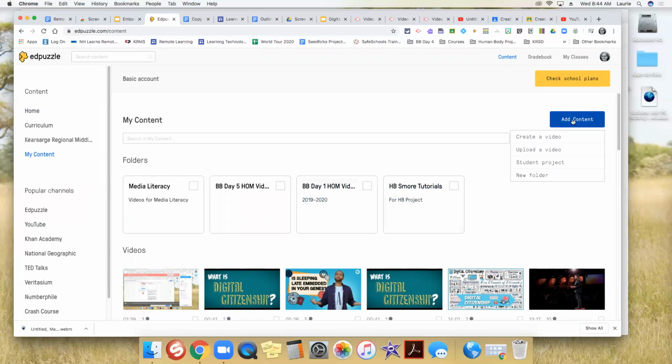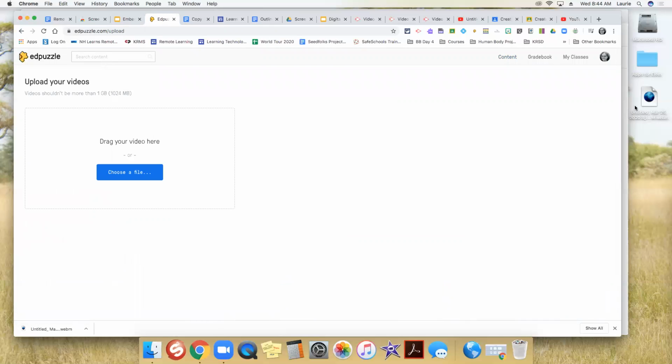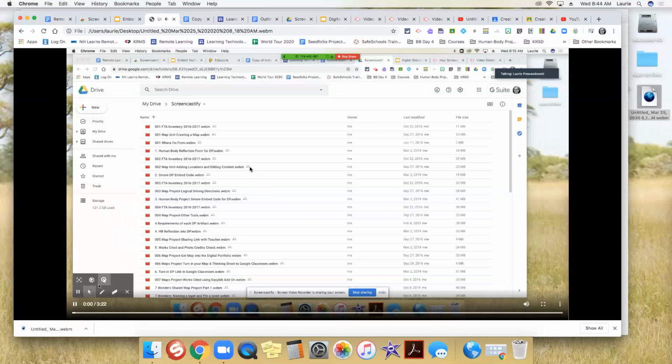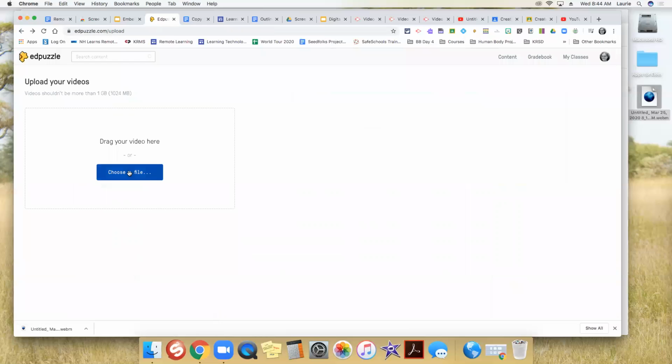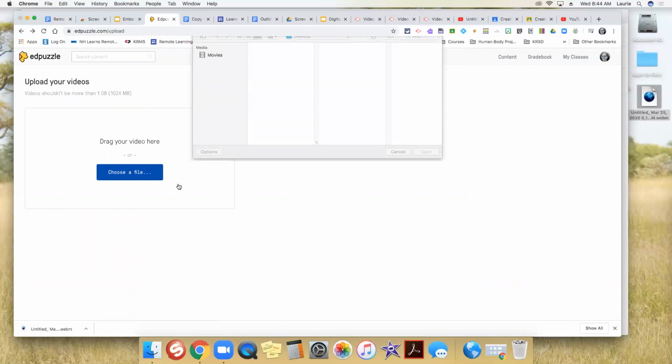So you click on where it says add content and I can click upload a video. And I have this file that I just downloaded from Screencastify. Before, these tools were only available in the tab version, but I'm going to add it this way.